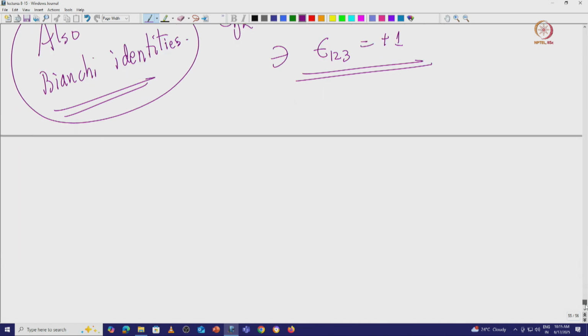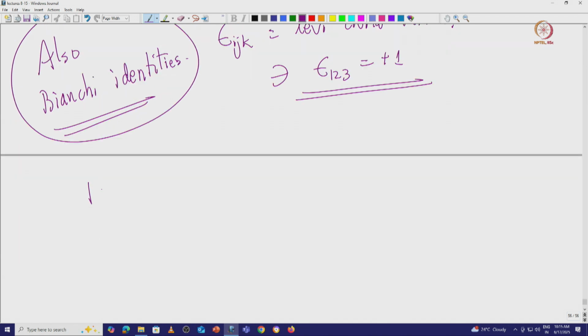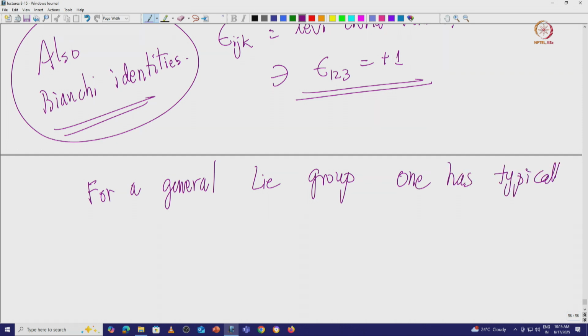For a general Lie group, one has typically a Lie algebra